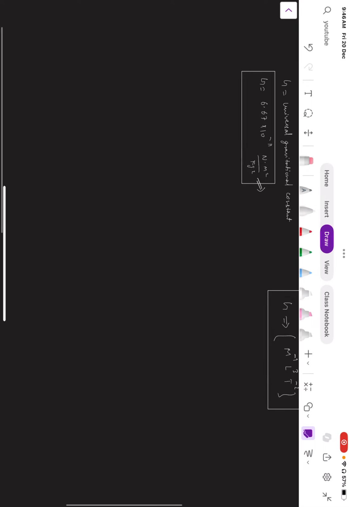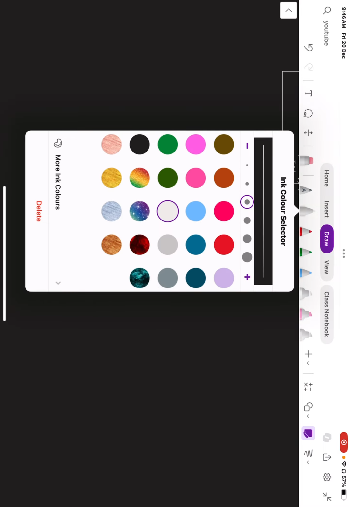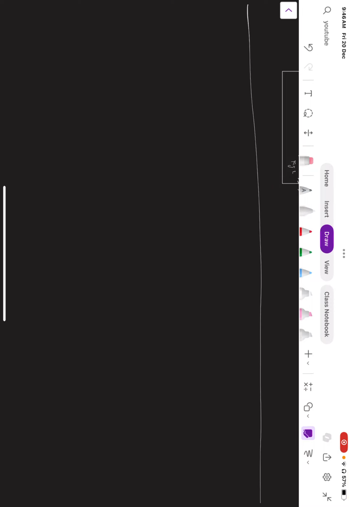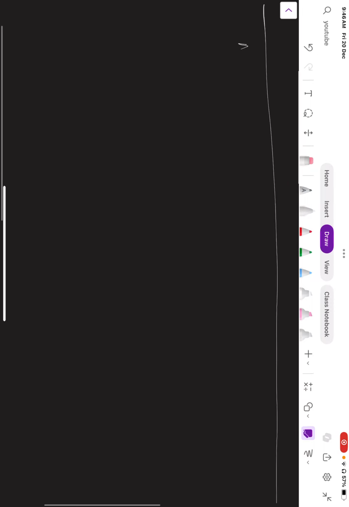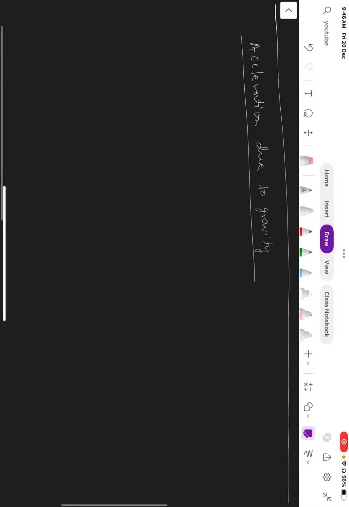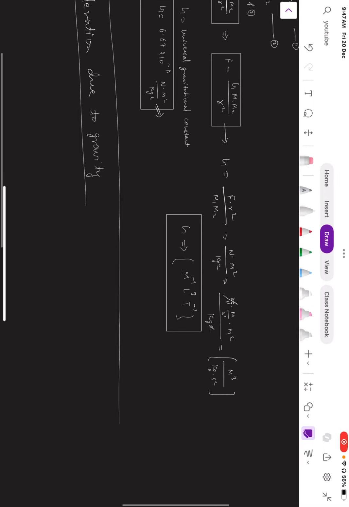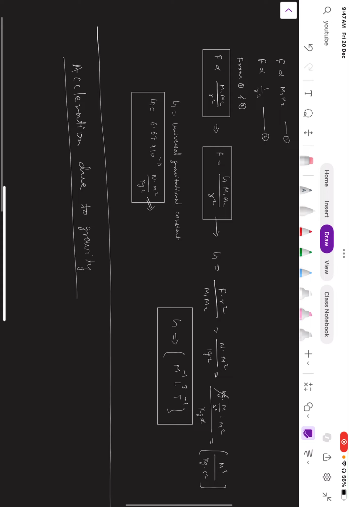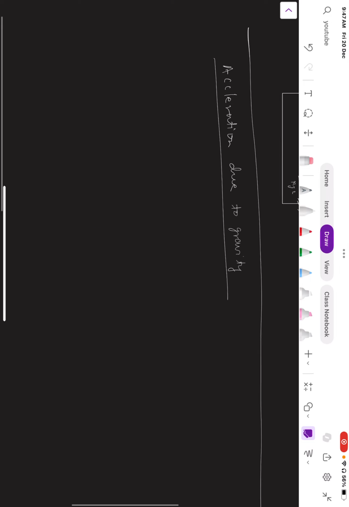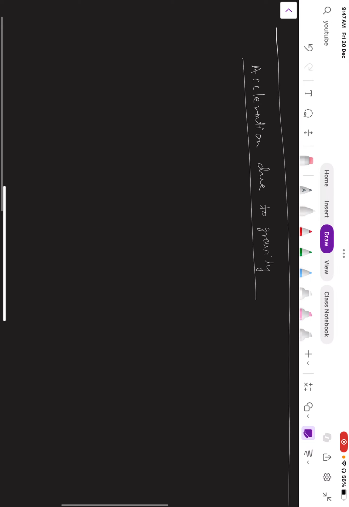Now the second topic, since the first topic is covered here, is acceleration due to gravity. In this chapter we just now learned the formula of this F, so we use this formula. We know that according to Newton's second law,